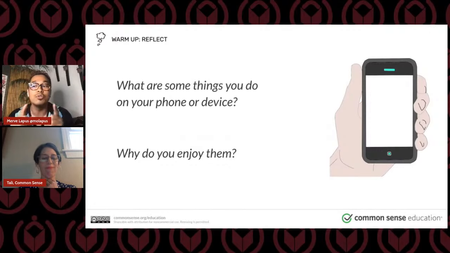But what are some of the things you do on your own phone or device? So if you guys are my students class, what are some things you do on your phone and device? Not when I see you looking down at your lap when you're in the classroom, but when you're at home, like things that you're supposed to be doing. So that means everyone put away your phones. You're not supposed to be on them right now. I just want to know what you like to do with them. That type of thing. Tali, what are some things you like to do?